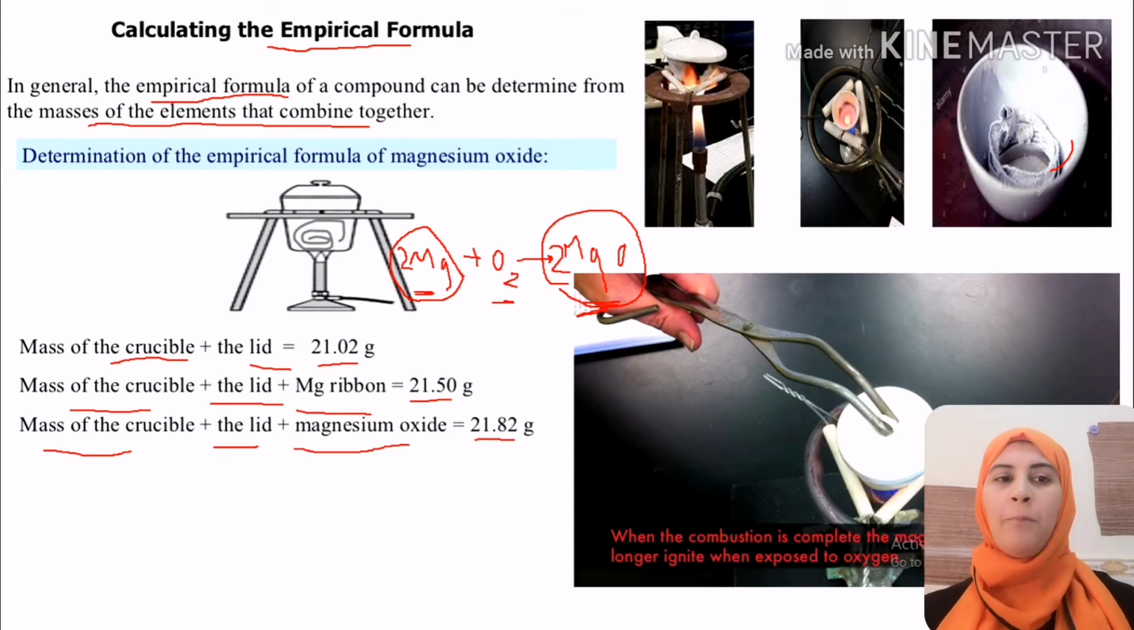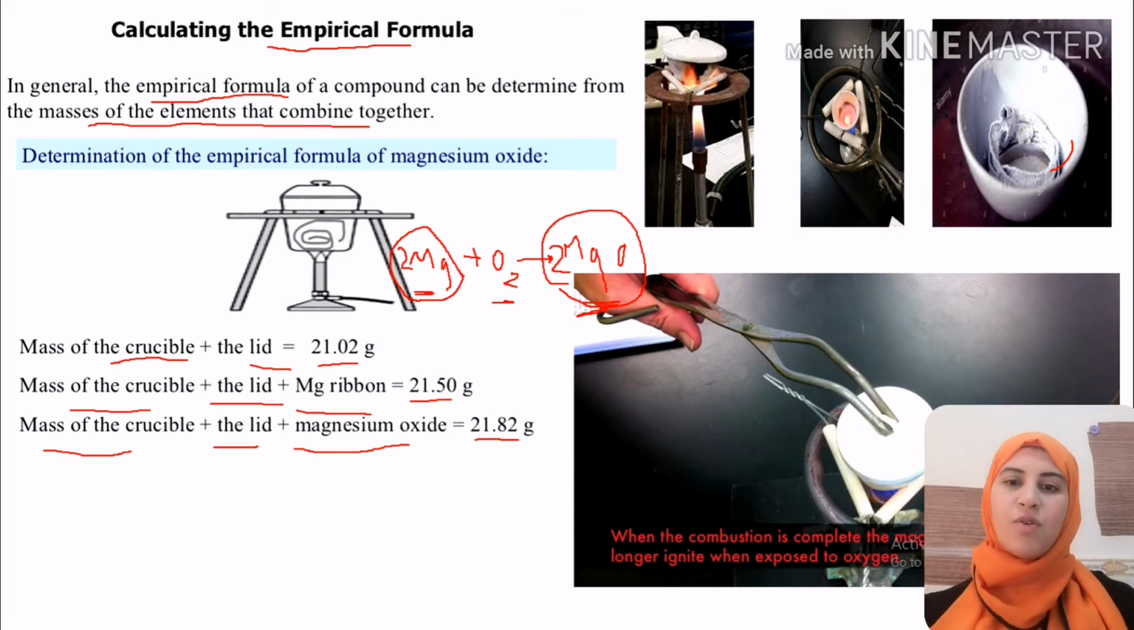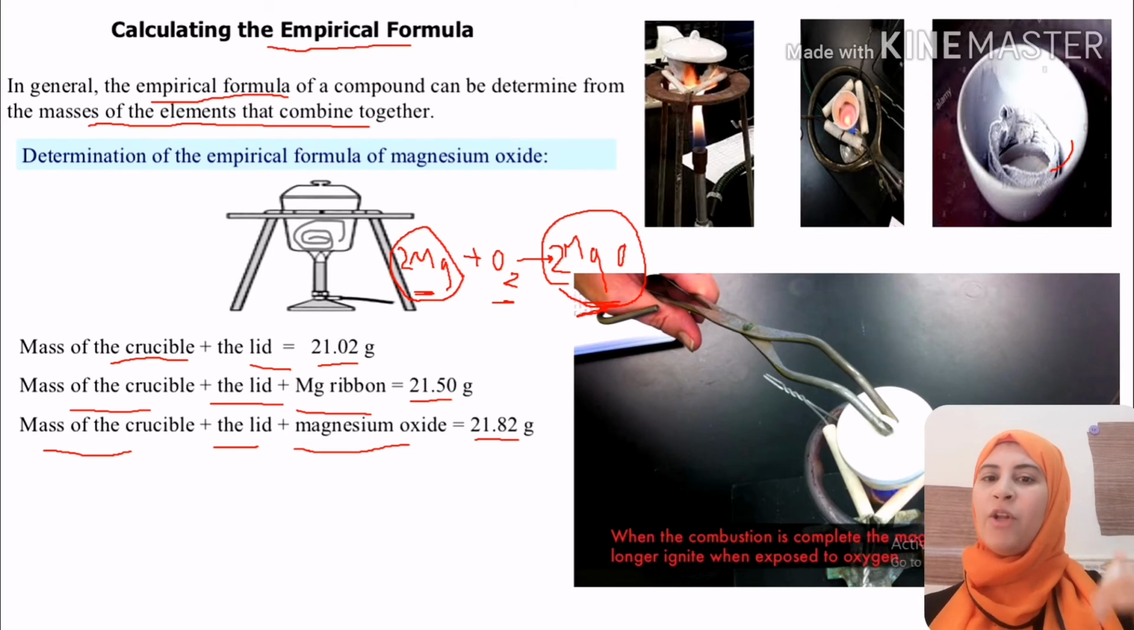It is 21.82 gram. From these calculations, we can calculate the mass of oxygen included in our reaction, and also the number of oxygen atoms. We will know in the next session, inshallah, how to calculate the mass or the number of oxygen molecules involved